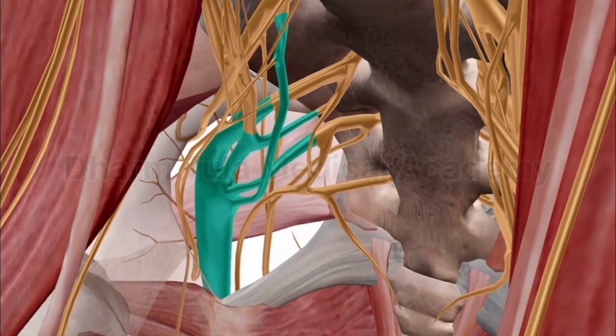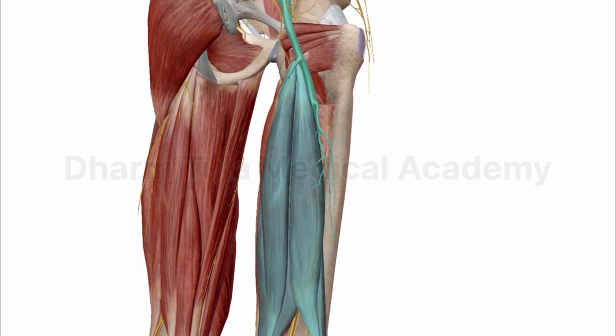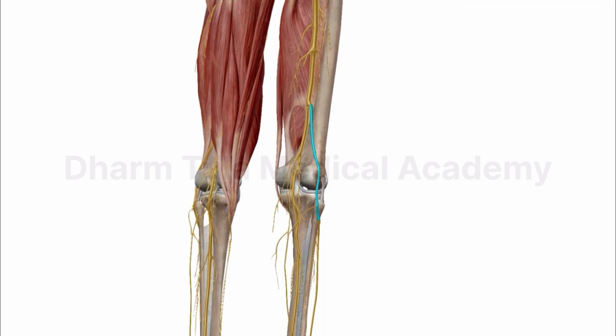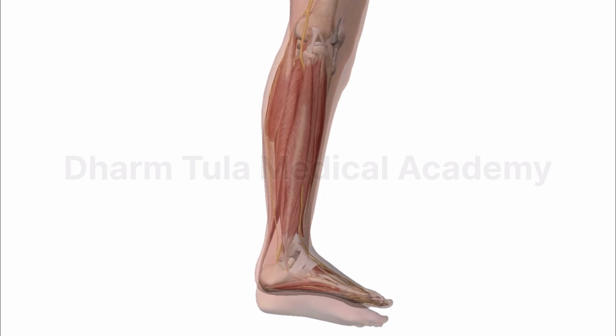The sciatic nerve, the largest nerve in the body, has segmental contributions from L4 to S3 spinal nerves. It provides innervation for muscles of the posterior thigh. The tibial and common fibular nerves are branches of the sciatic nerve that supply the muscles and skin to the